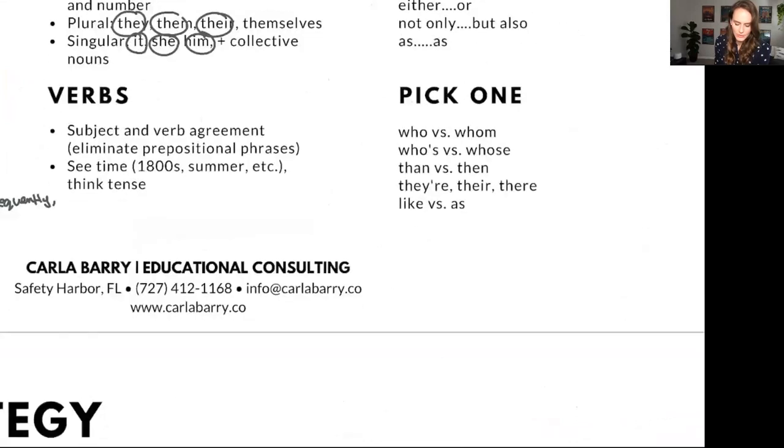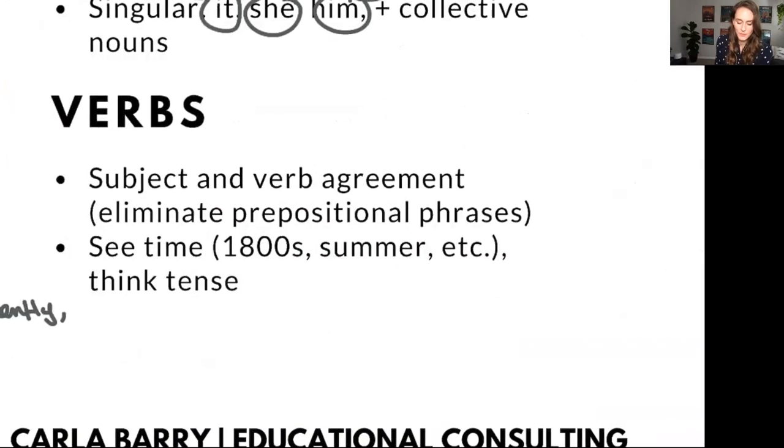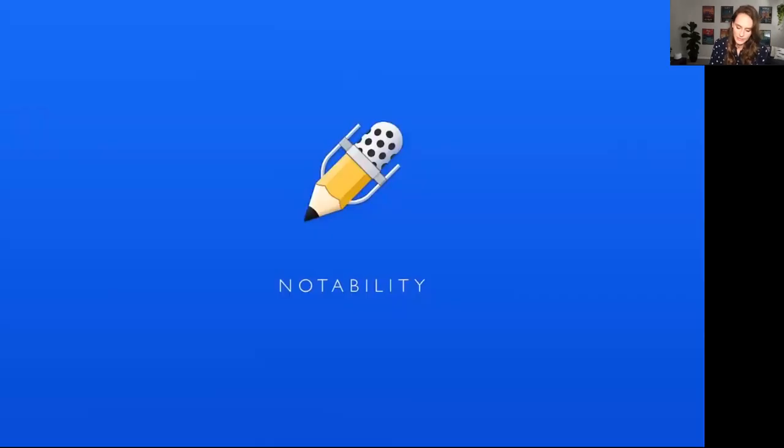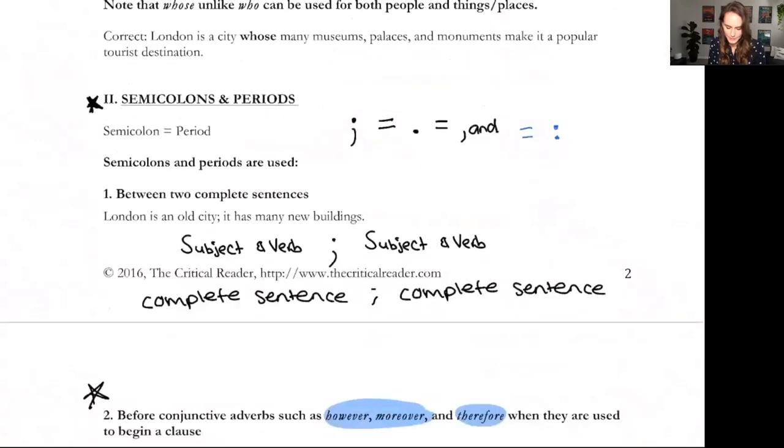Let's see here. So verbs. Subject-verb agreement is a huge part of SAT writing and language. They love testing you on subject-verb agreement. And in order to make the subject-verb agreement questions exponentially easier, you need to learn what prepositions are so that you can eliminate those prepositional phrases. So if we look in the grammar handout,